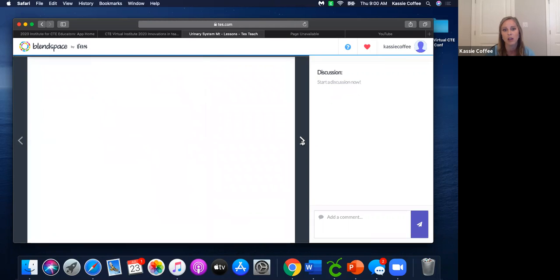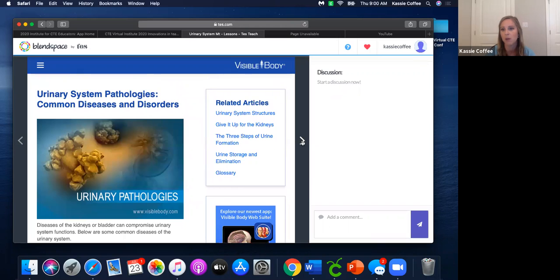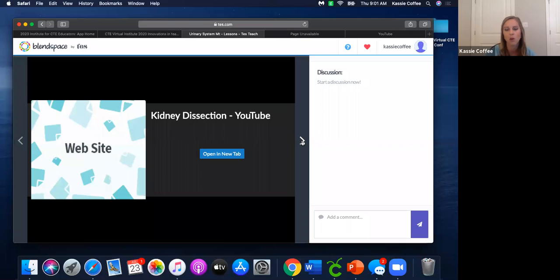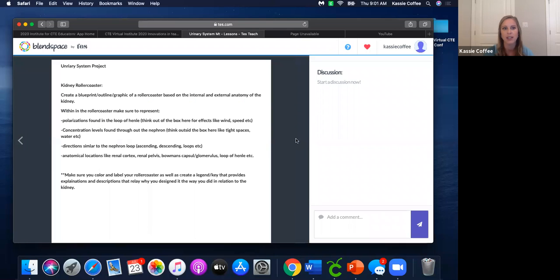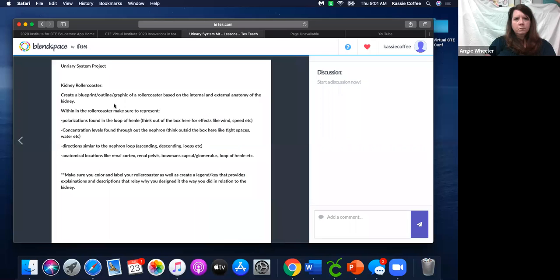And then here are just some common diseases and disorders that you would see. And if you've ever had students take the dual enrollment medical terminology test, it's more so on diseases and disorders than it is over just the root words or prefixes and suffixes. So this is kind of important to get them back to that medical terminology aspect that's specific to the dual enrollment test. And then this is just some more website supplemental information. And then I gave them a project.